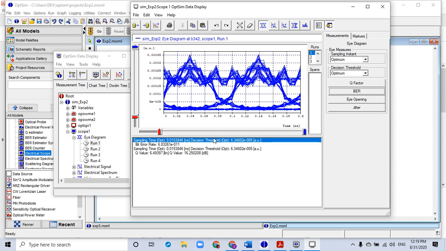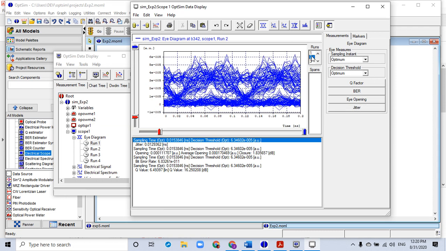So this many bits are in error, right? Eye opening gives you 3 different values: the opening of the eye, the average opening of the eye, and the closure of the eye, right? And the jitter, that is the delay. So it took 0.01 nanoseconds for the signal to pass through the link, right? This was for length 20 kilometers.